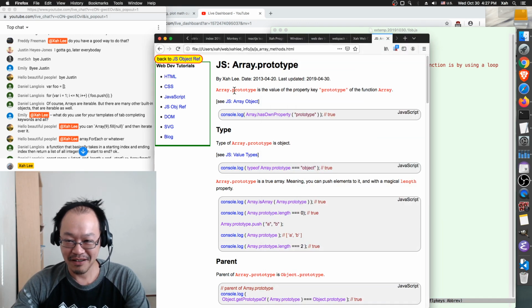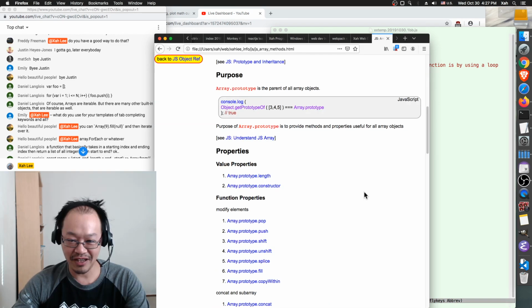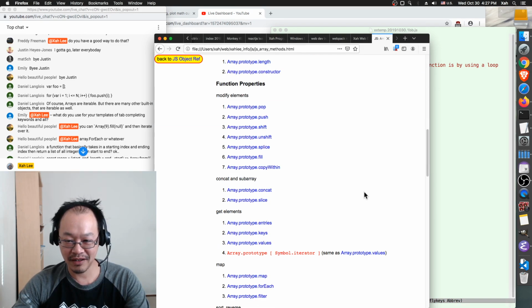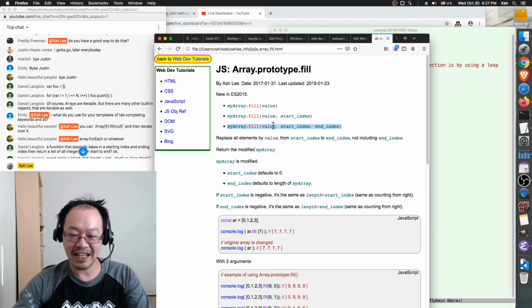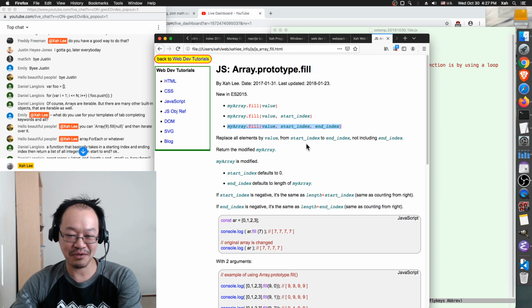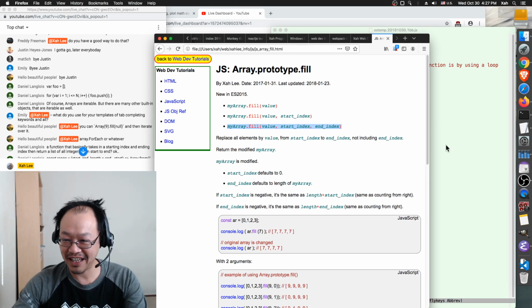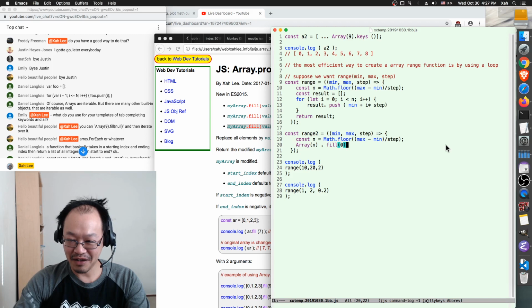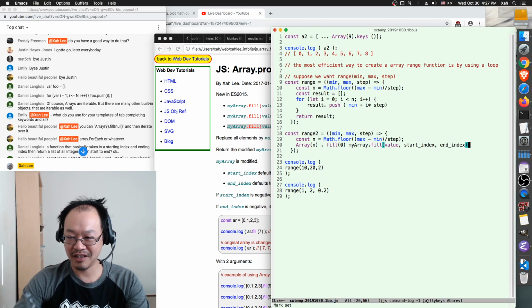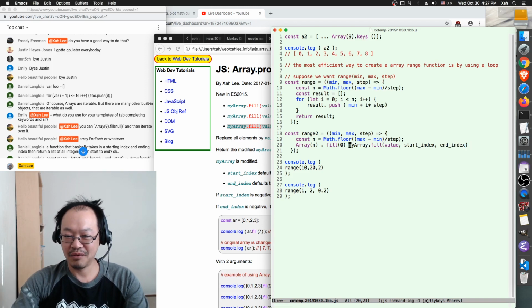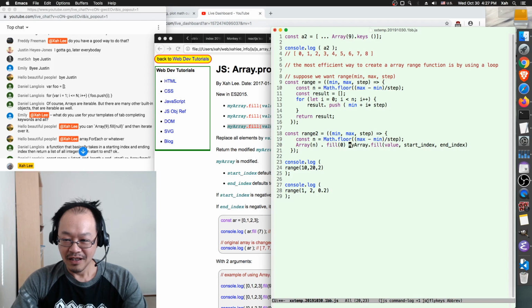I hope so. Let's see, array fill. Yeah, we want to know about the fill function. There it is, indeed, fantastic. So that's a great answer. Thank you so much. In fact, this is a great answer that I think I will modify my tutorial for generating arrays possibly. So anyway,